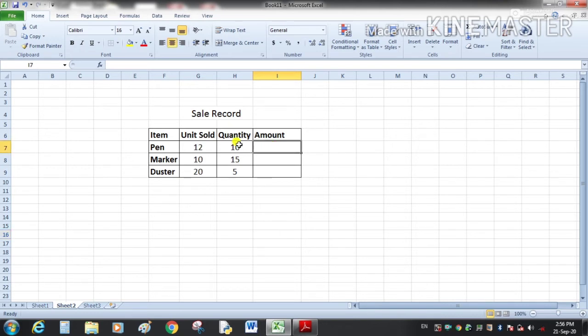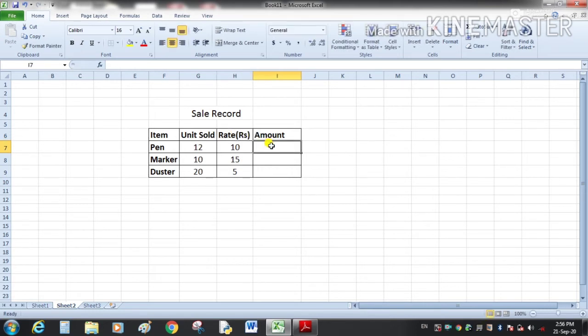Now here this is the quantity sold, this is the unit sold, and this will be our rate. So I have some stationery items here, pen. 10 units of pen are sold at the rate of 10 per unit.